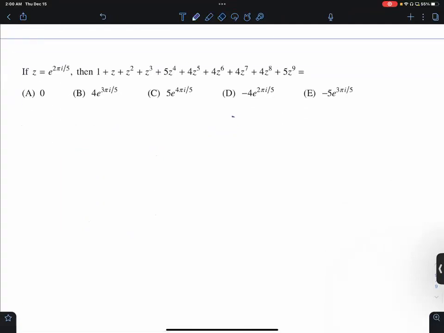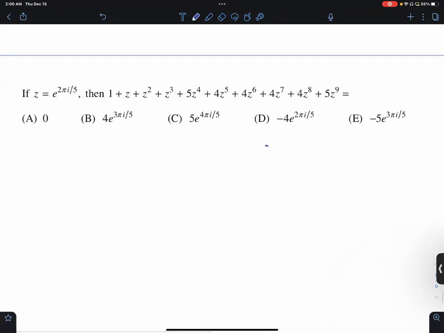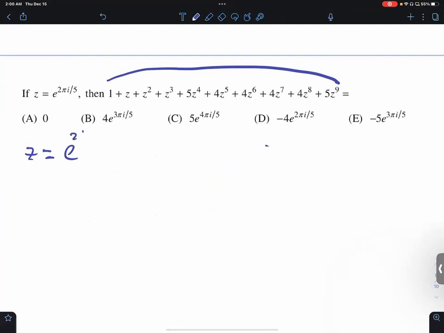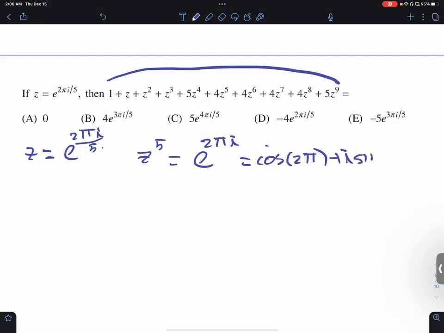In this video, I will try to find the answer for this expression based on z equals e to the 2 pi i divided by 5. If we raise z to the 5th power, we eliminate the 5 at the bottom, and we get e to the 2 pi i, which is the cosine of 2 pi plus i times the sine of 2 pi,